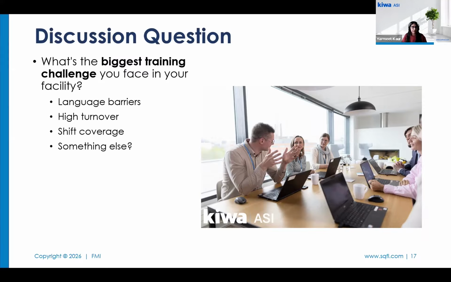All right, poll results are back, and I'm seeing high turnover is the first one, and then something else. Can you write in the chat box what that something else is, what you feel is the biggest challenge? Of course, high turnover right now, especially in environments with seasonal operations. Culture, okay, very good. Lack of process, getting people to care, tracking our training, creating and updating our trainings. Seasonal employees, so sort of turnover related.